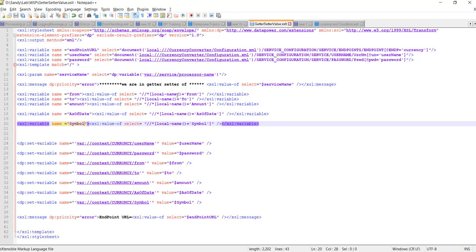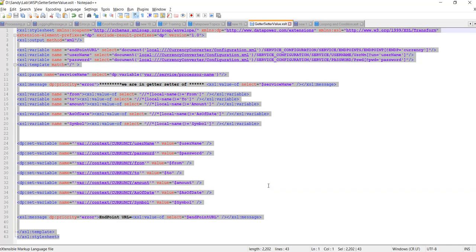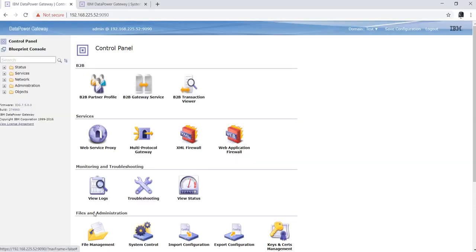It will not choose the rest of the values, it will choose only the symbol element, and it will store that value into that symbol variable. Like if we have an operation in which we have only three elements, it will pick only three, and it will not store any value into these two variables. After that, in a similar way, whatever value we get here, we'll set all this value into this getter and setter. Okay, so let me copy this value into that getter setter file.